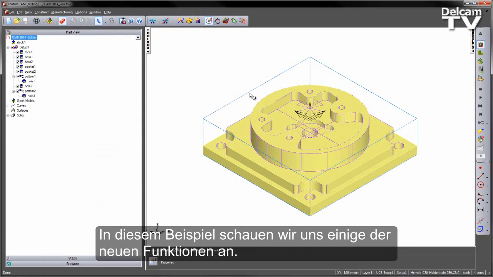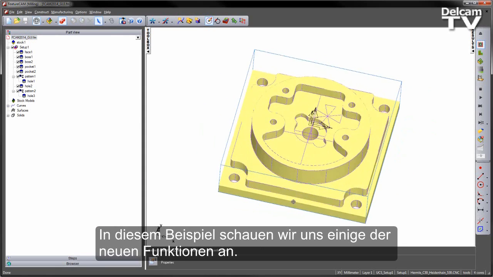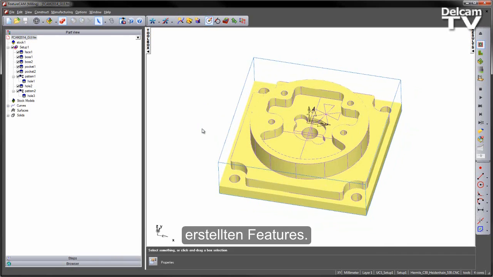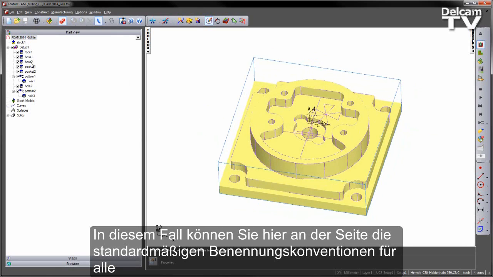In this example, we're going to have a look at some of these new features. So the first case you can see here, we've got a part with a number of features already pre-created. And in this case you can see down the side we've got the default naming convention for all those feature